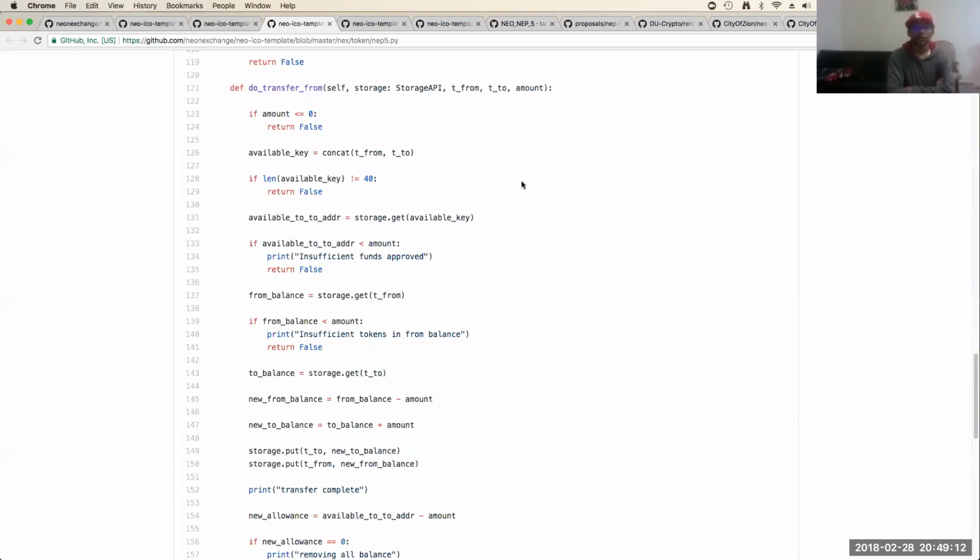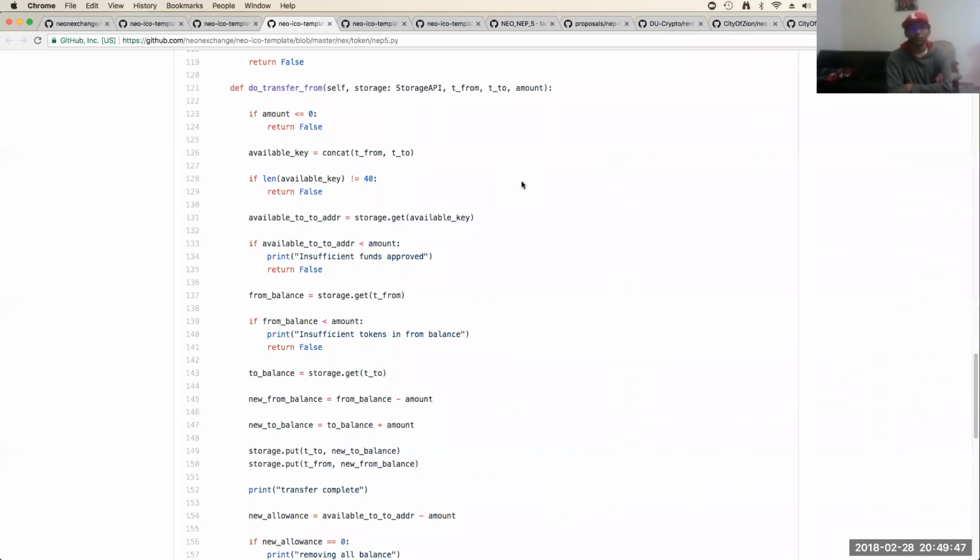And then we have the available to address, and then we get the key out of storage. If the available to address is less than amount, then there's insufficient funds. If the value is the address, the funds are less than the amount that you're trying to send, then there's insufficient funds.